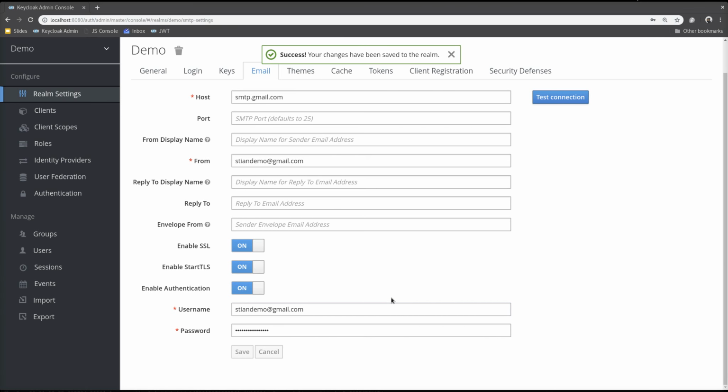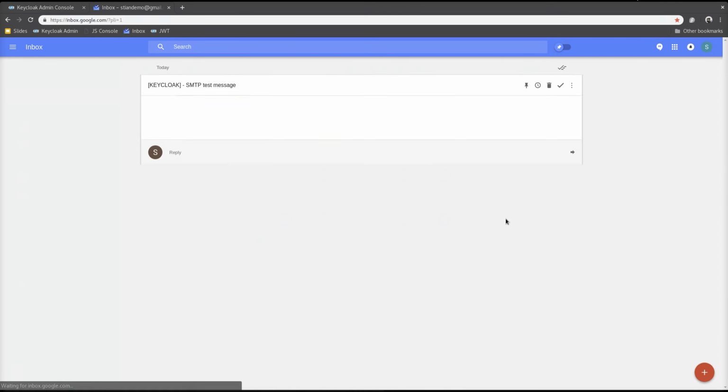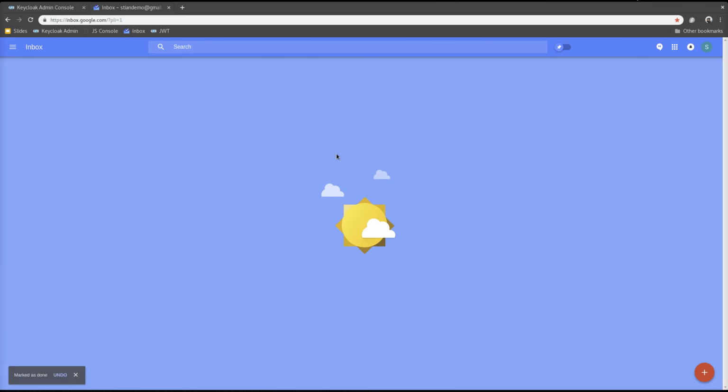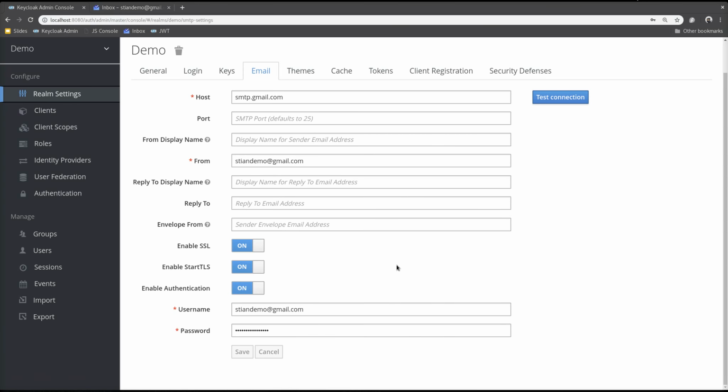Right, so now that I have that configured, I can test that Keycloak is able to send an email. So let's go to my inbox and make sure that we got this test message from Keycloak. And here you go, there's a test message from Keycloak, so we know that email sending from Keycloak is working